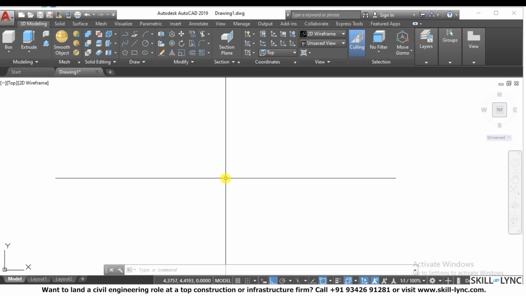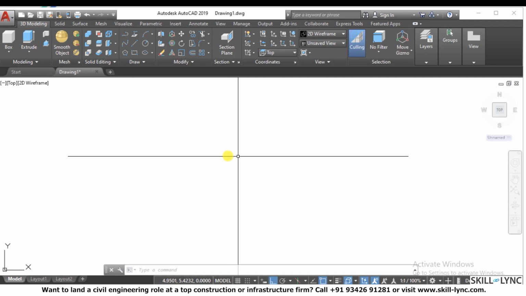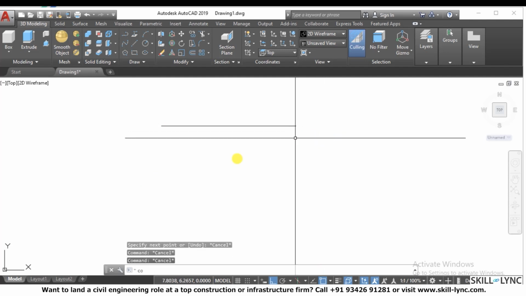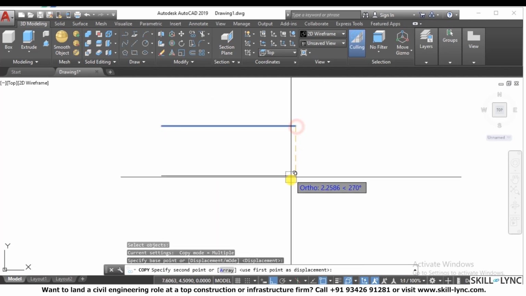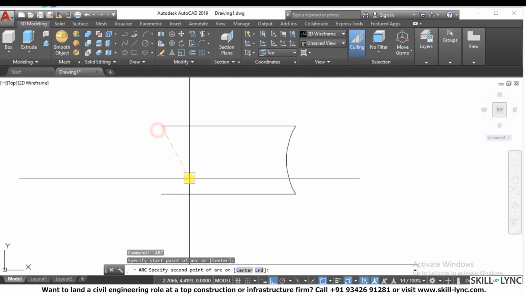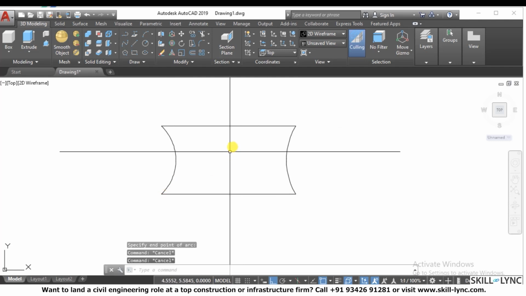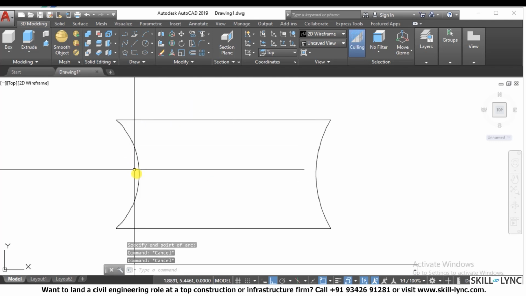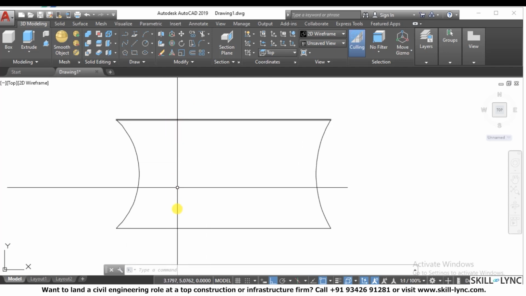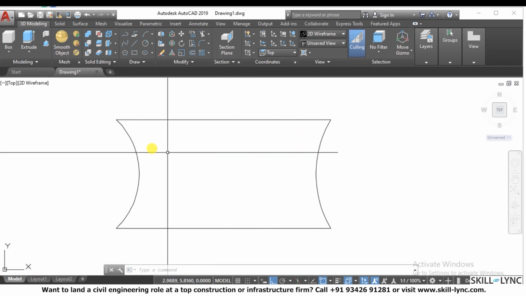As the rule surface is for two curves, the edge surface creates a surface by four curves which are joined end to end. For example, if I have a line, so I copy this line over here at bottom, and I have an arc which is connected with each other, right? Now I want to create a surface from the four edges of this particular geometry. As such, when the surface will be created, this line will be connected with this, and this line will be